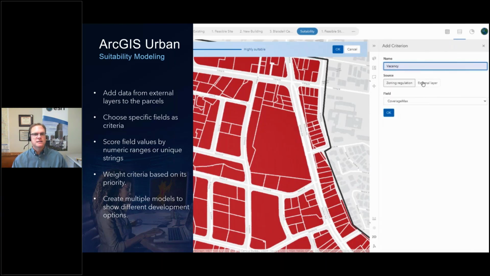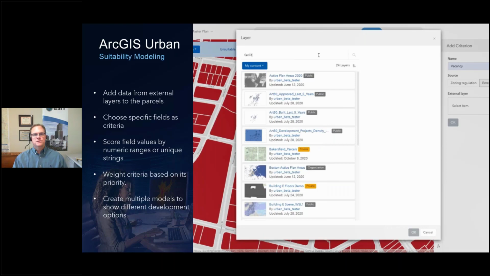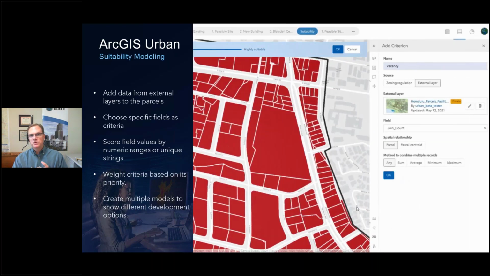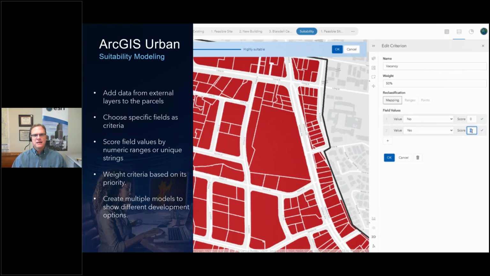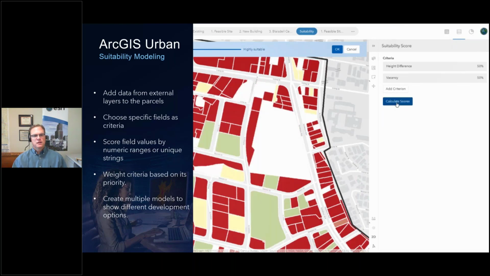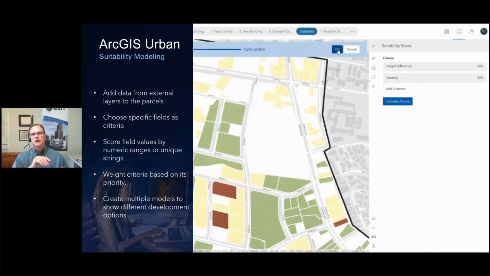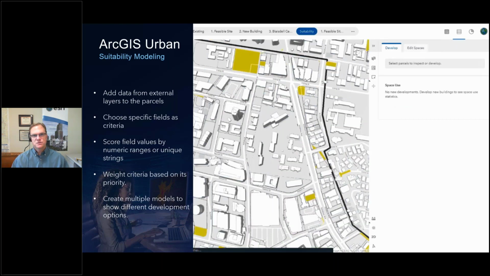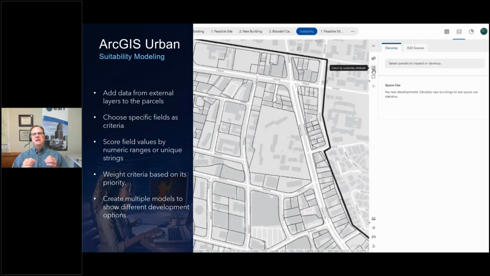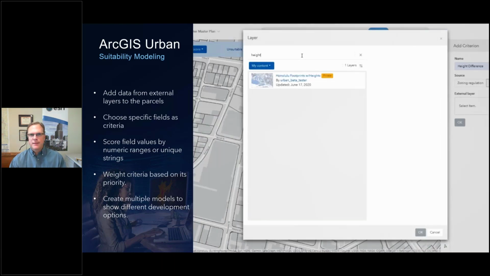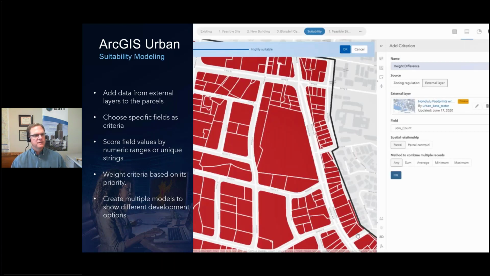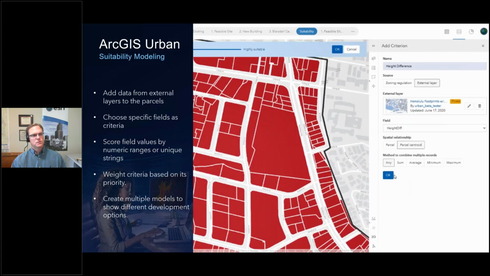So in this, what we're looking at is potential space for additional housing based on vacant parcels and building height differential. So if there's room to grow up, or if there is room to grow out, or if there are vacant parcels, we can identify the most suitable places based on that criteria. And here you're going to see we calculate the scores. Again, we can see a data-driven approach to where our development should occur. So it's a good idea, not because Keith says it's a good idea. It's a good idea because it follows these parameters that we're looking for. I think that's one of the great things about the suitability modeling tools.